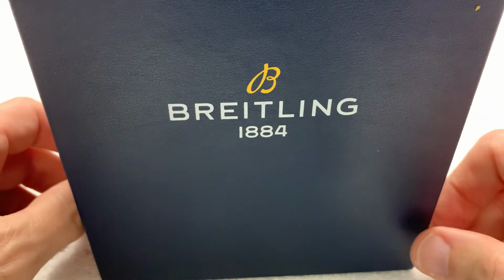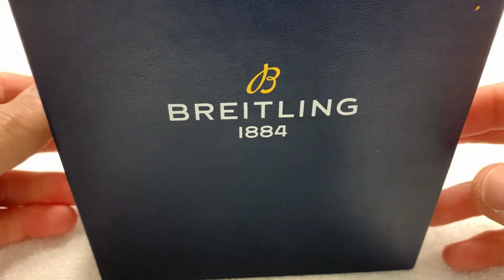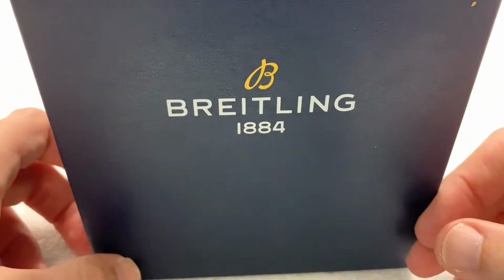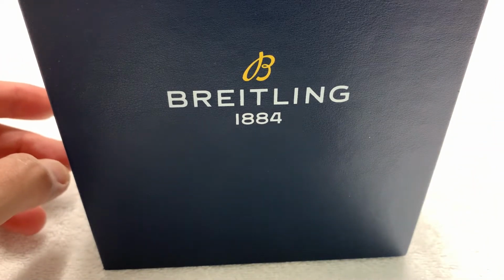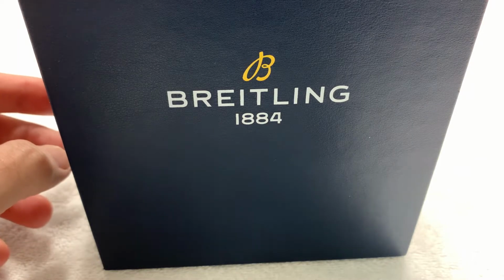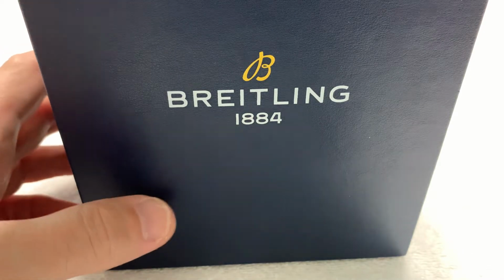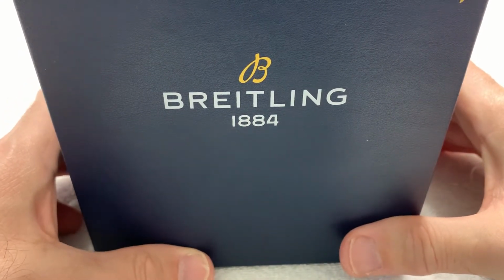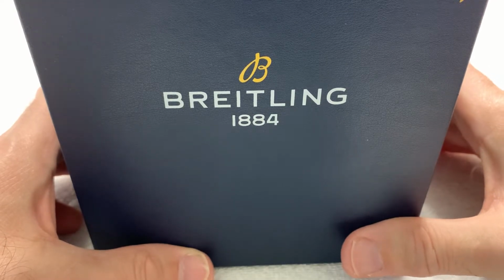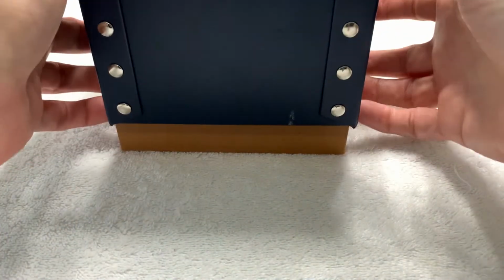There was the TWA with the TWA colors. Mostly it's a white dial with a series of black subdials. There's the Pan Am, or Pan American, which is a blue and kind of a red-orange motif going after the Pan Am blue logo. And then there is this one, which is the Swiss Air, the airline of Switzerland, which is a black dial with white subdials. And we have it in a beautifully done Breitling box